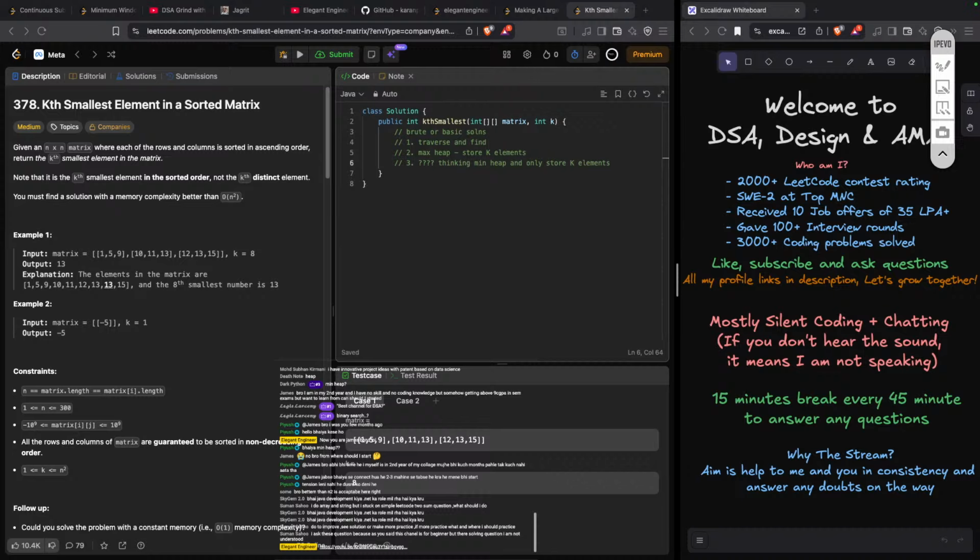The size is the minimum of the number of rows.